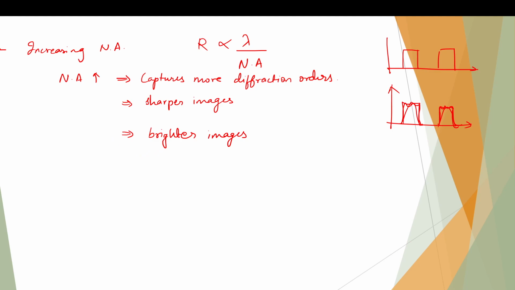Then what is the disadvantage of this? We had discussed this when we discussed optical litho. The disadvantage is the depth of focus. This depth of focus is inversely proportional to the square of the numerical aperture. So what will happen is, say I have a stack,